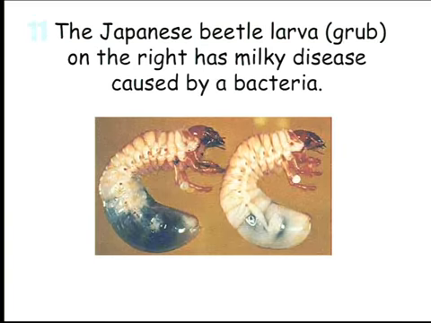Next. Look at this one. This is a very typical one. You can buy this one, the milky disease, and then spray it if you have these guys in the soil that are attacking your roots, and then they get like that. You know, they get disease and they bloat and they explode. Next.